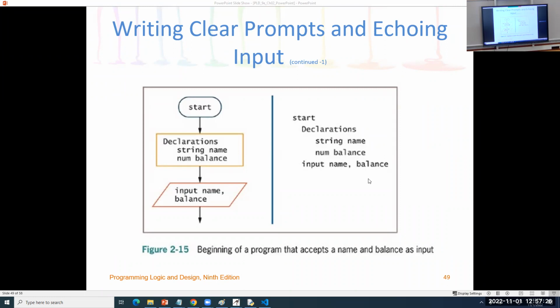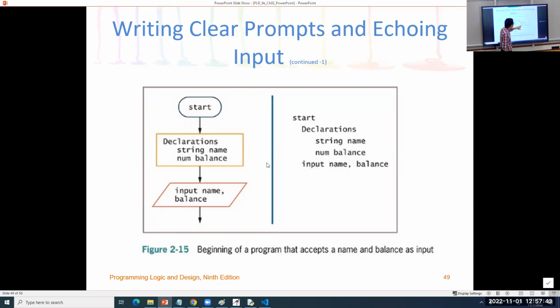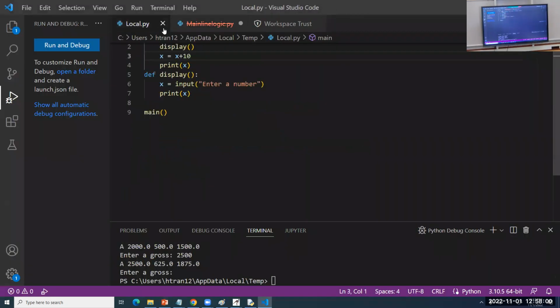Here's the same, right? You always write a clear prompt and equal input here. So think about this one. You have a process program, you have a declaration, string name and number balance, input name and balance here. It's not a root program, right? You have no problem here. Instead of that, you have to use the prompt here, right? If you are the end user, you have no idea what's going on. You can do the same here. You can think about when you work with